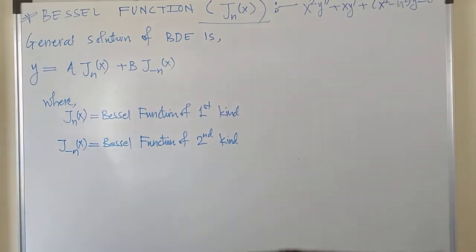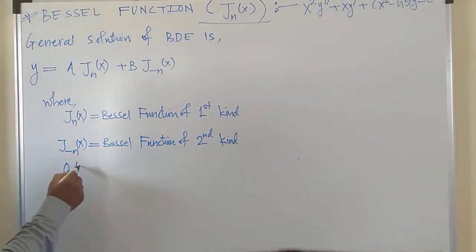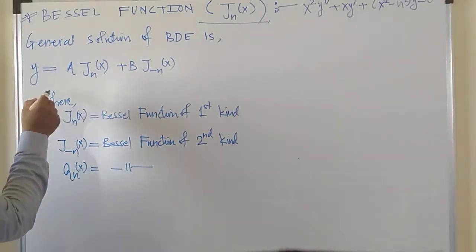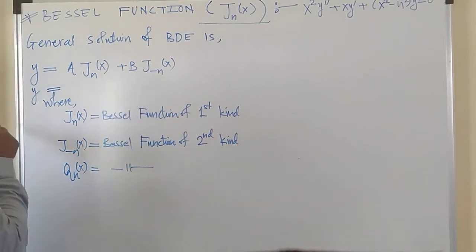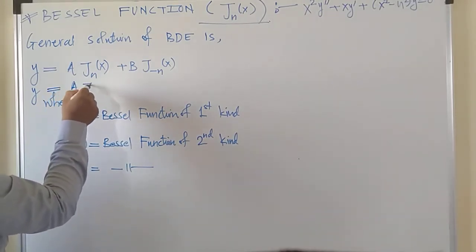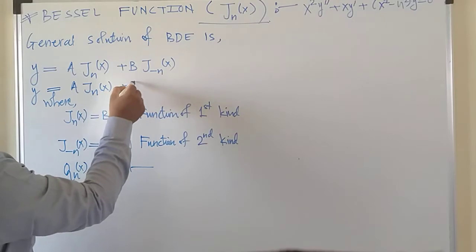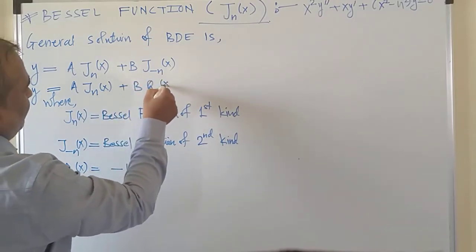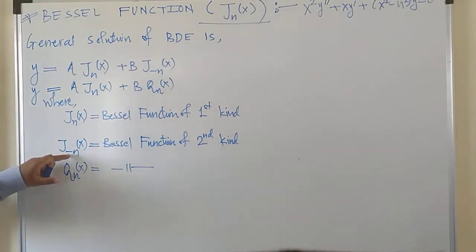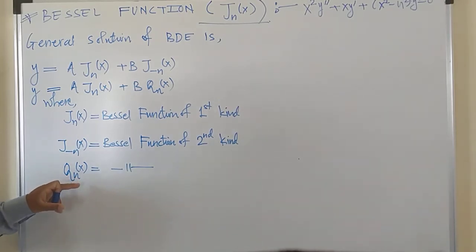This J minus n of x is also denoted by letter Qn of x, and hence I can write one more relation for the general solution of Bessel differential equation: a into Jn of x plus b into Qn of x. Both are one and the same, only the difference is J minus n of x is also denoted by letter Qn of x, right? This Jn of x and Qn of x have a relation,